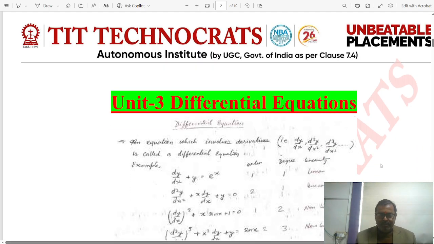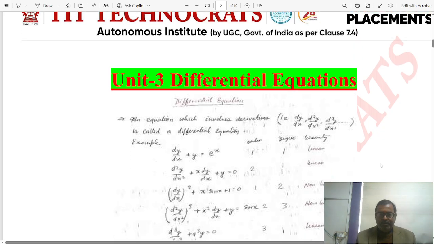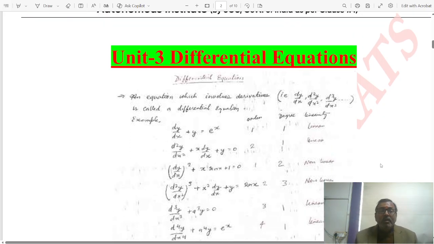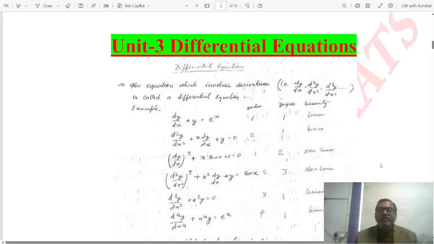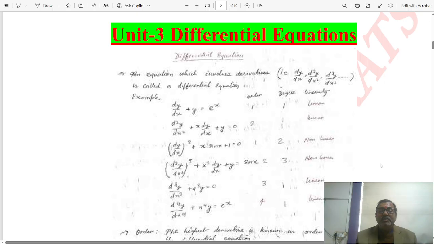Students, today let me start differential equations, unit 3. An equation involving an independent variable and derivatives, that means dy by dx, d square y upon dx square, d cube y upon dx cube, is called a differential equation. For example, dy by dx plus y equal to e to the power x,